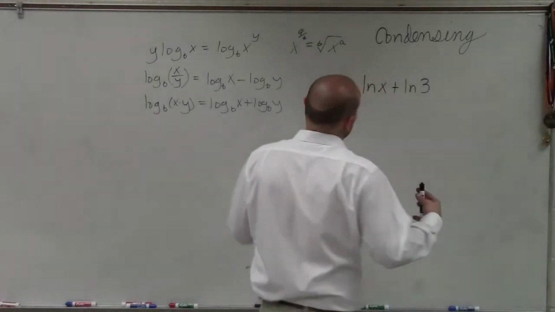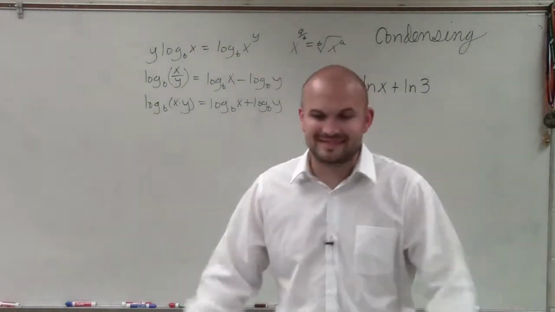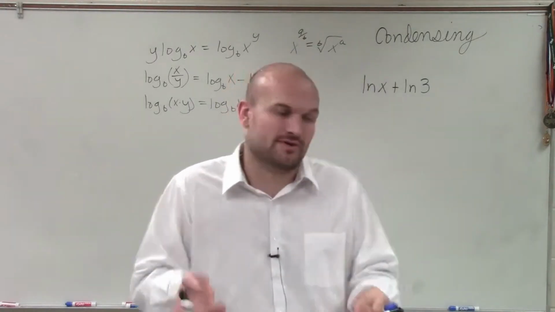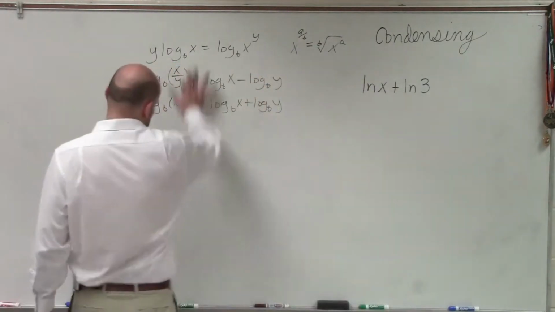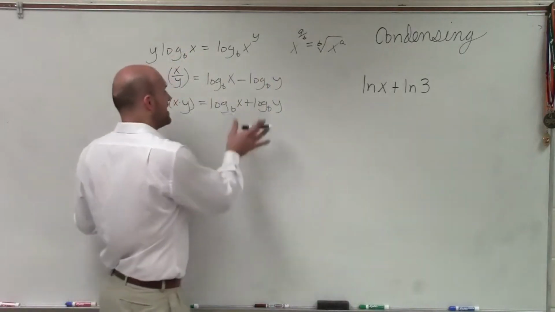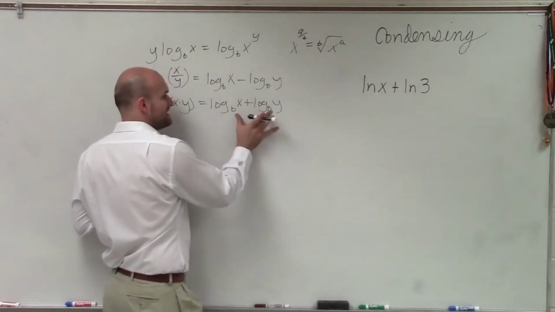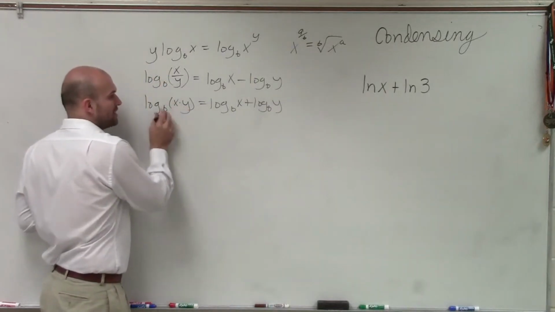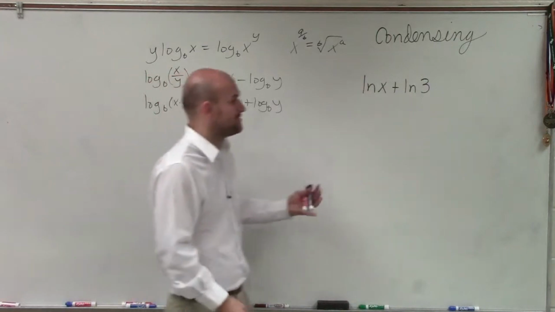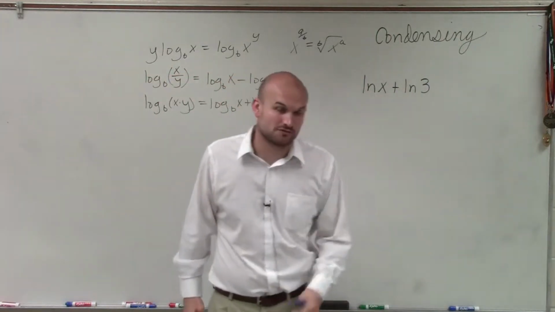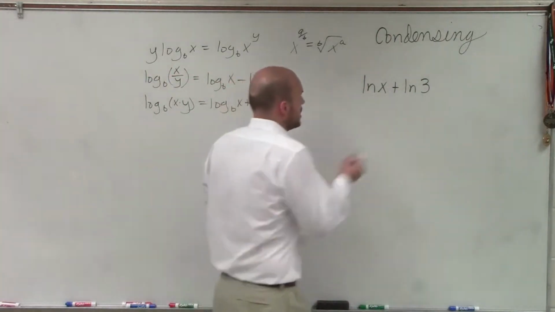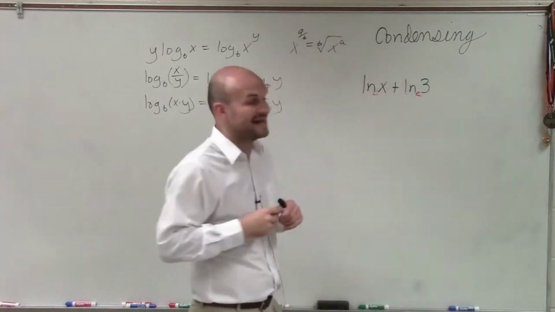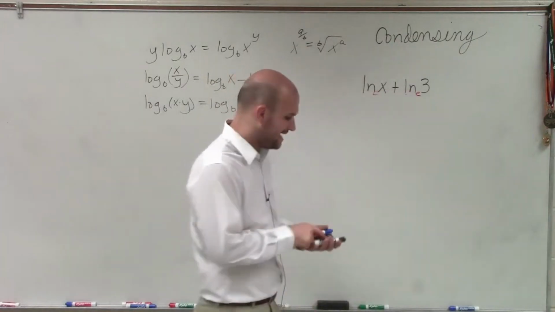Welcome. All right, so when we're condensing, the whole goal of condensing is that we're going to rewrite our logarithms as one single logarithm. So we go back to our properties of logs, which I have right here. If I have the addition of two logarithms with the same base, I can rewrite that as the product of what we're evaluating. Notice we have two natural logarithms, but remember with the natural logarithm, our base is e. So since we have two logarithms with the natural base e and we're adding them, I can simply rewrite this